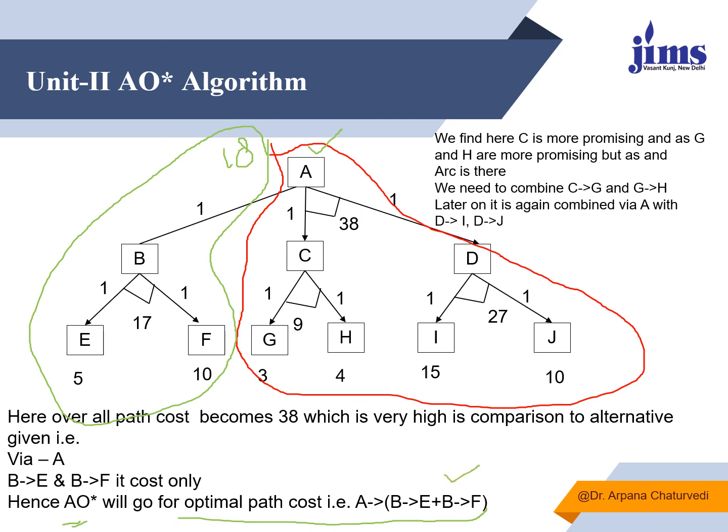So this is all about the AO star graph, and we have learned all the various algorithms like the best first search algorithm. Then we talked about hill climbing algorithms, their problems, their solutions, ways to solve the hill climbing problems, then A star and AO star. This is all about informed search algorithms. There are many more algorithms for AO star. You can explore those all and you can come out with doubts.